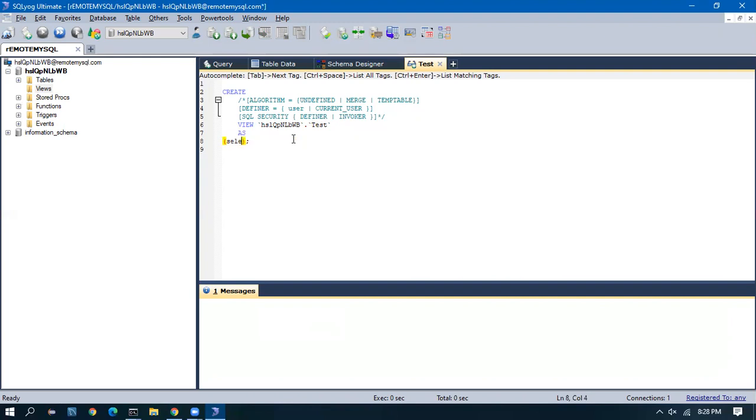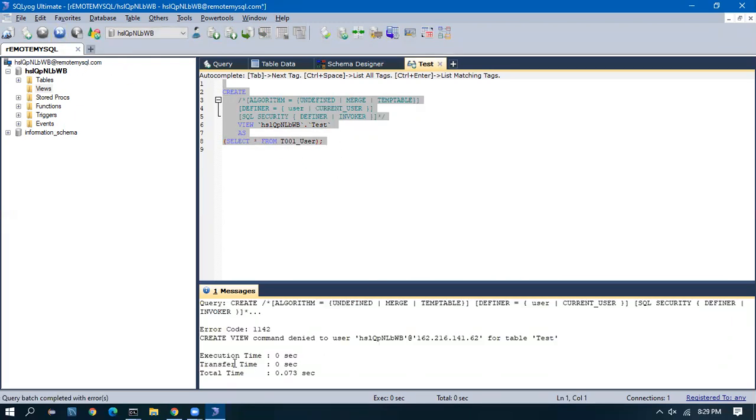So I can give select star from T001. If I execute this, a view will be created. I don't have access, the grant is not given to me because this is a free edition. But once you run this, a view will be created here, like how we have an expandable option here.